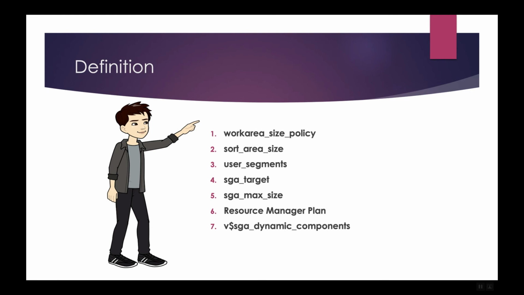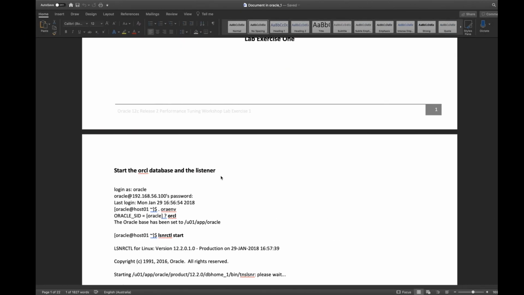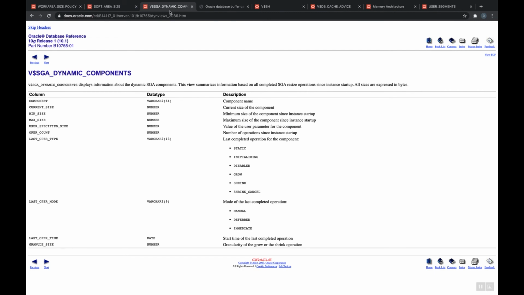V$SGA_DYNAMIC_COMPONENTS. So this particular view contains the details about the dynamic components of the SGA. Okay, so if you see here, V$SGA_DYNAMIC_COMPONENTS displays information about the dynamic SGA components. This view summarizes information based on all completed SGA resize operations since instance startup. So these are the component name, current size, min size, user specified size, last operation, and so on. So basically, what are the components of the SGA? You have library cache, you have buffer cache, you have sort pool, so the details of those things, how they have